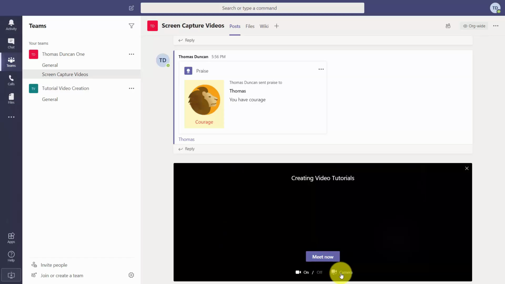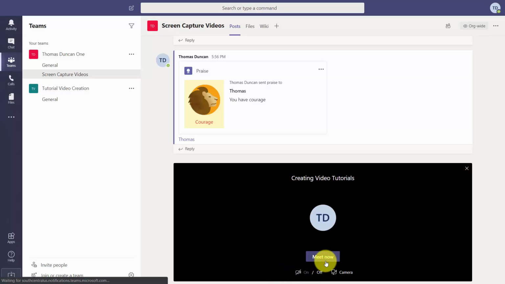What you can do first, though, is click this button that says Camera. You can also turn your camera fully off. We've clicked this button that turns the camera off, which means you can begin your meeting without the camera and with audio only. So by clicking this button that says Meet Now,